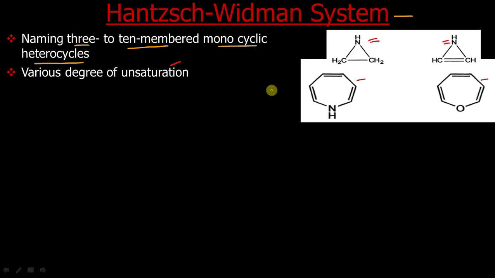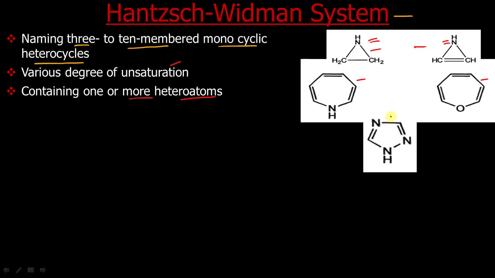The only condition is that they should be monocyclic. That means they should contain only one ring. This ring may be saturated or unsaturated. We can name them with this system. And the second condition is the ring should not contain more than 10 atoms. And it can also be used to name heterocycles which have more than one heteroatom,